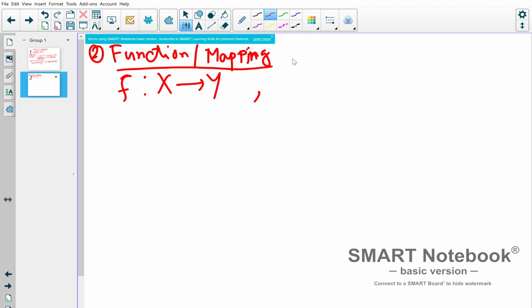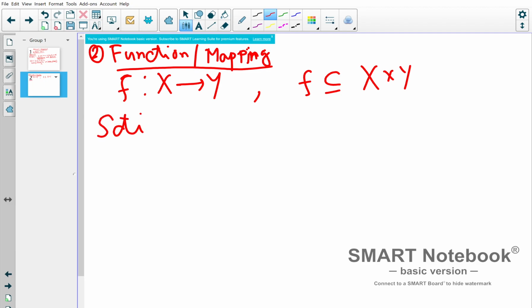It means f is a subset of the Cartesian product X cross Y. That means you take an element from X and put an image inside the set Y,